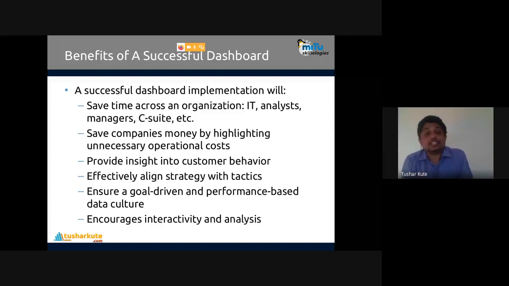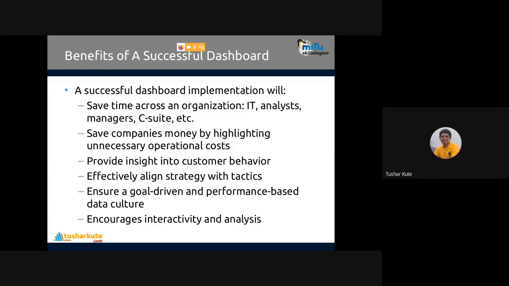Yes, strategy and tactics can be aligned successfully by the dashboard. Ensure a goal-driven and performance-based data culture. We are given the goals, we are given the targets. Generally goal and target are considered the same, but goal is a more attractive name, while target is not that popular, basically not positively popular.